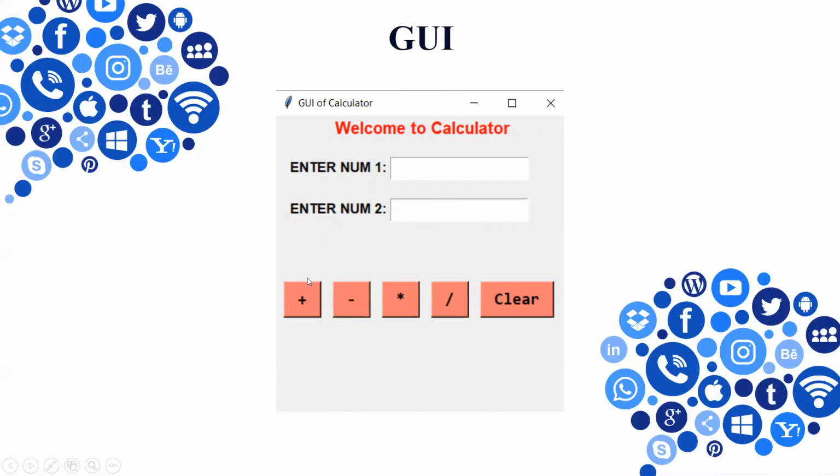First is the plus button for the addition of two numbers. Second is the minus button for the subtraction of two numbers. Similarly, multiplication and division for the same two numbers. And here is a clear button, so that when someone clicks it, the input fields will be cleared if they are filled with two numbers, and the result will be displayed here. So let's try to build this.